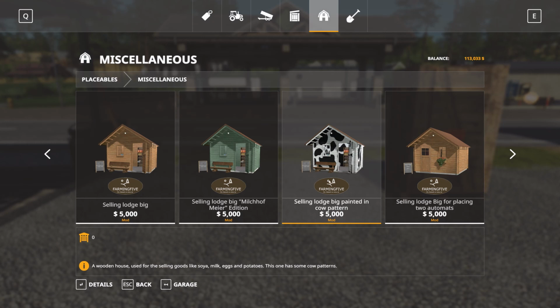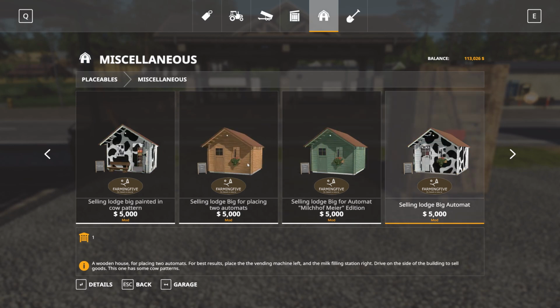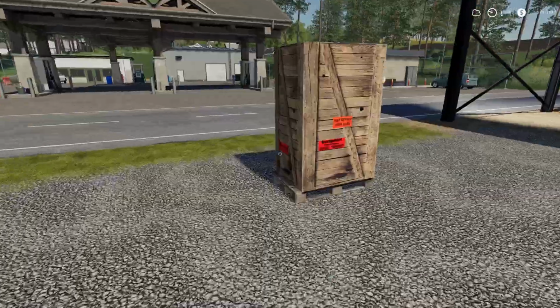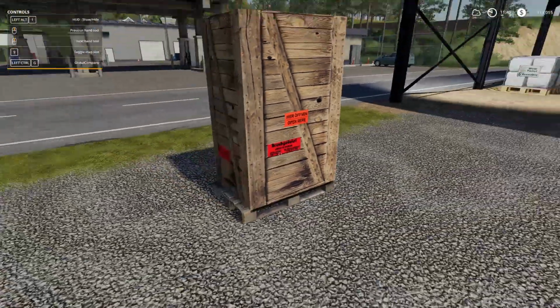Usually the great price is up here, but I think the new great price is going to be where we're selling it at. So basically you place down these little huts right here, and you can put the vending machines inside there. If you've been out for a while, basically when you buy it like this,